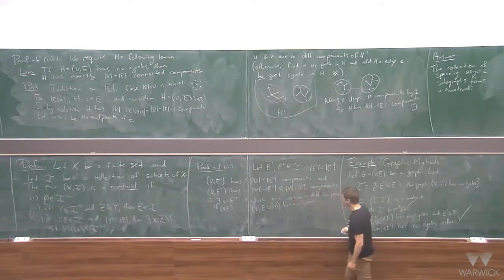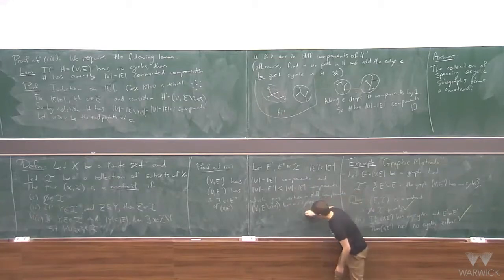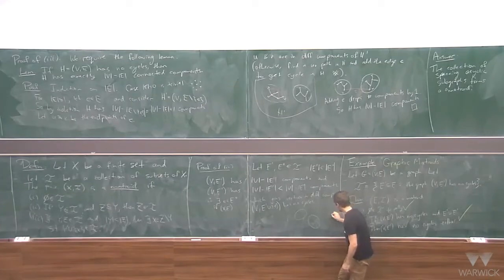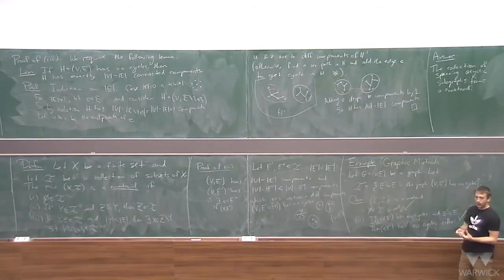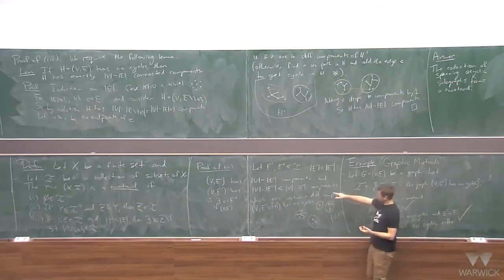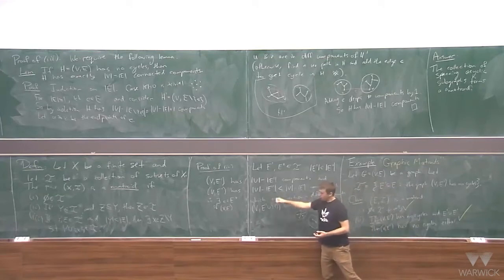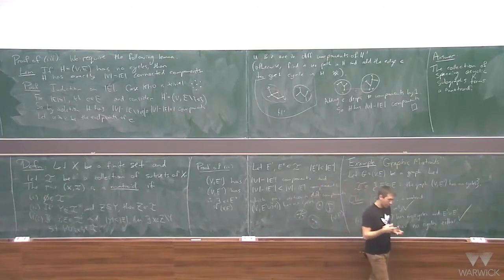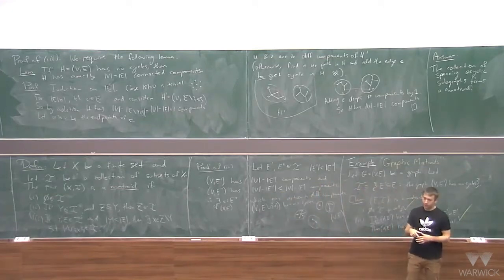Okay, so the picture is basically like this, right? If I look at this, my graph (V, E prime), it has a bunch of components. And I know that if you look at the edge set E double prime, it has fewer components. Therefore,